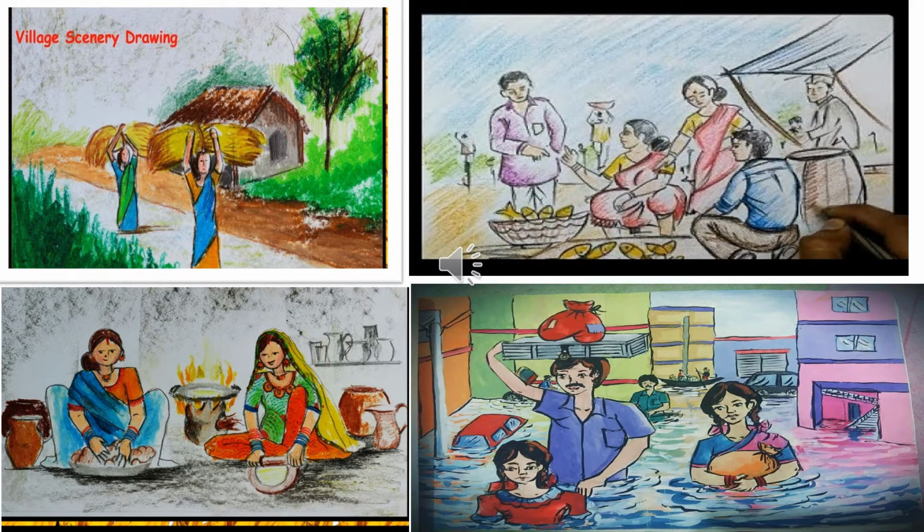Now these are different art samples. There is a village scene, a flooded scene, people selling something, or women cooking. In this way you can create your own imagination with your own thoughts and create your own sketch. You can take it as a reference, but you can develop your own picture. You can draw Empress Market, or you can draw your own market nearest to your home, or you can draw the people around it and create your own composition.